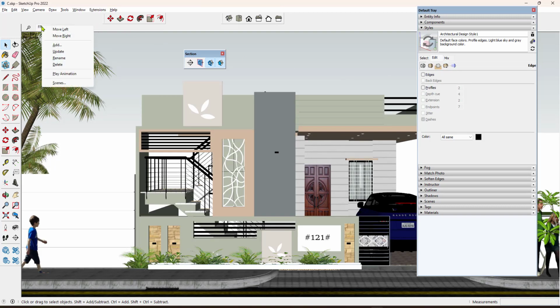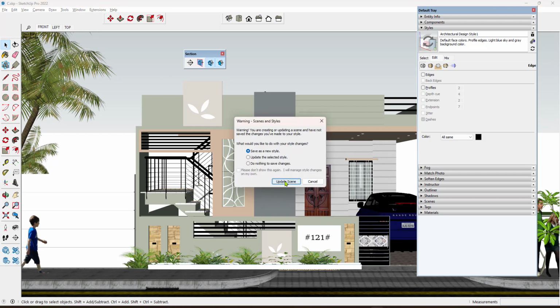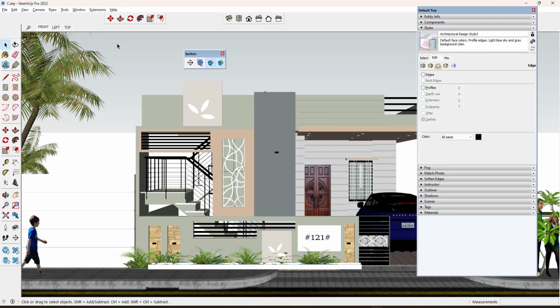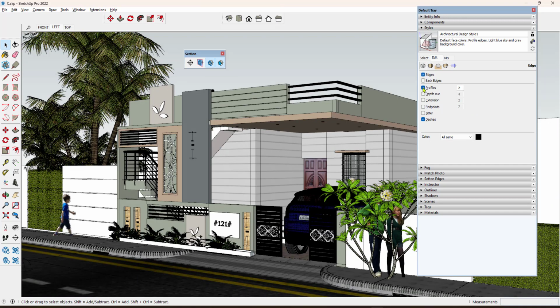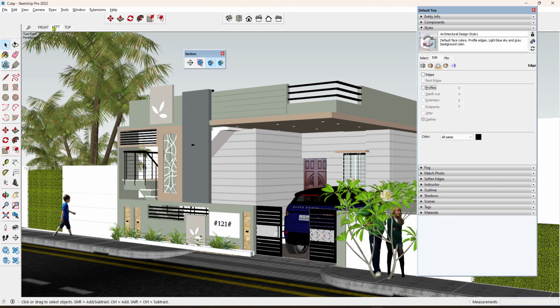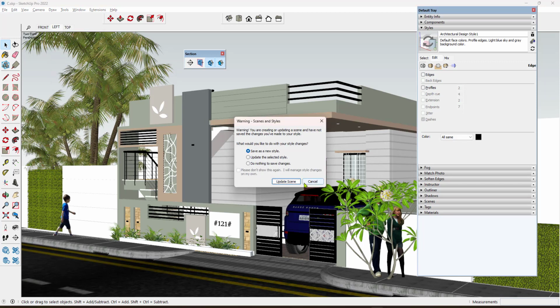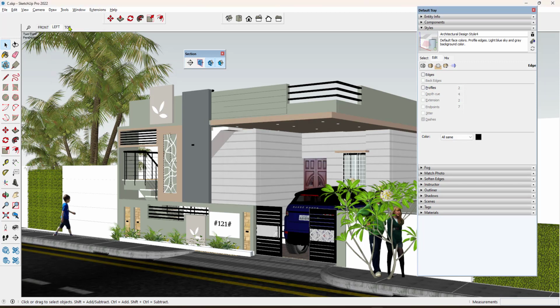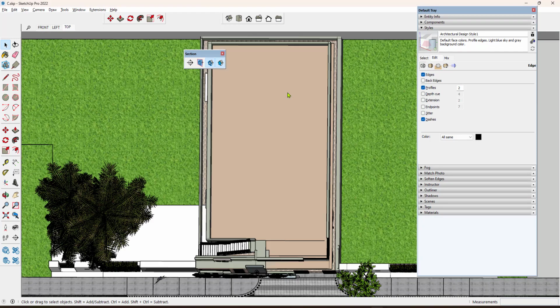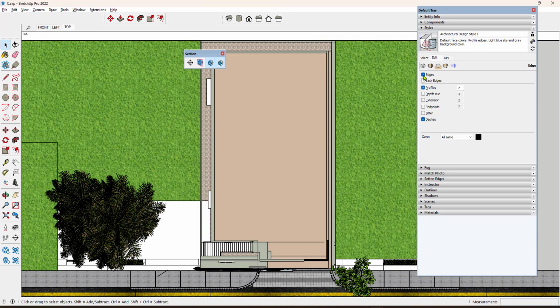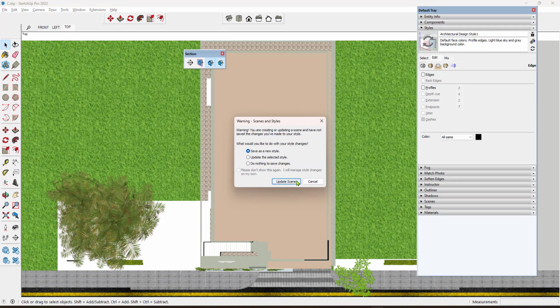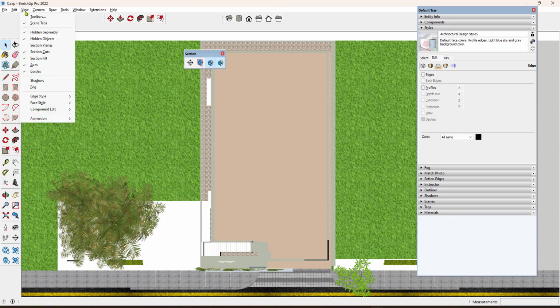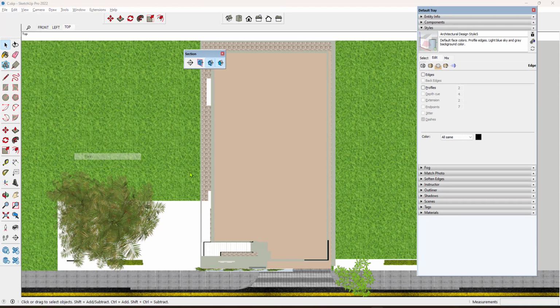Next I will update this same thing in the scenes. For that right click and click on update. Same way click on the left view, edges and profile should be off, right click, update. Same way for the top also I will do the same thing, profile and edges off and update. Now I click on the view and animation and play. So here you can play the scenes.